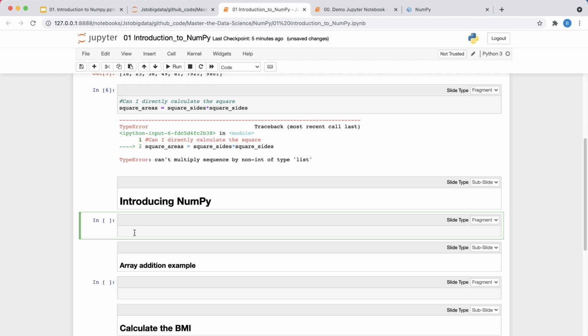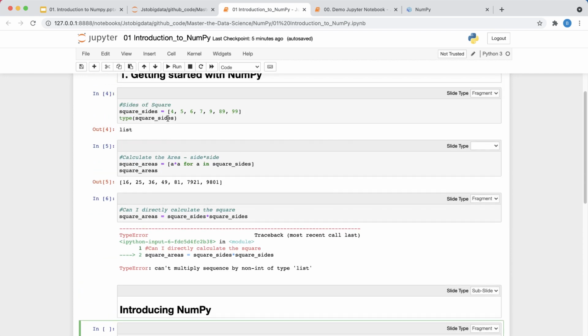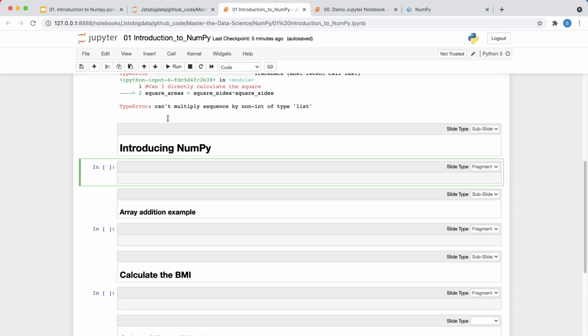Now what if I told you that this is very much possible in NumPy? I want to introduce you to the concept of NumPy, and let's see if this very operation can be achieved in NumPy and how simple it is to deal with, let's say, arrays. NumPy comes with the concept of array. So if we are using lists or tuples, we need to first convert them to a NumPy array.